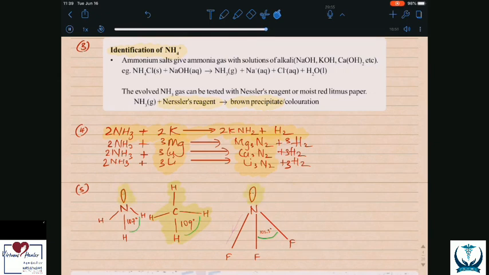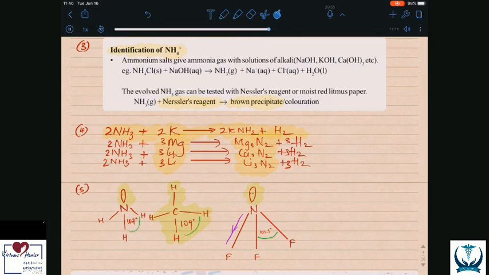This will cause the bonds to be repelled away from that point, which reduces the angle from 109 to lower values. But in NF3, the higher electronegativity of fluorine causes the electron cloud to be attracted towards fluorine, and therefore